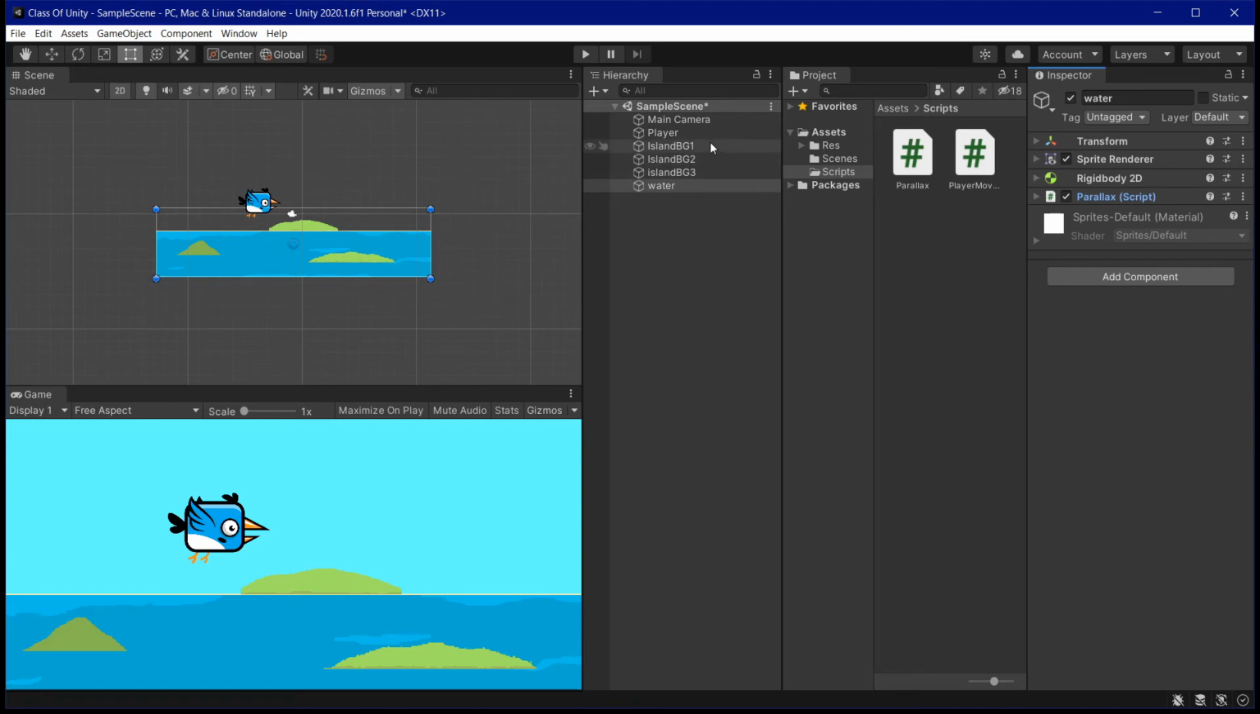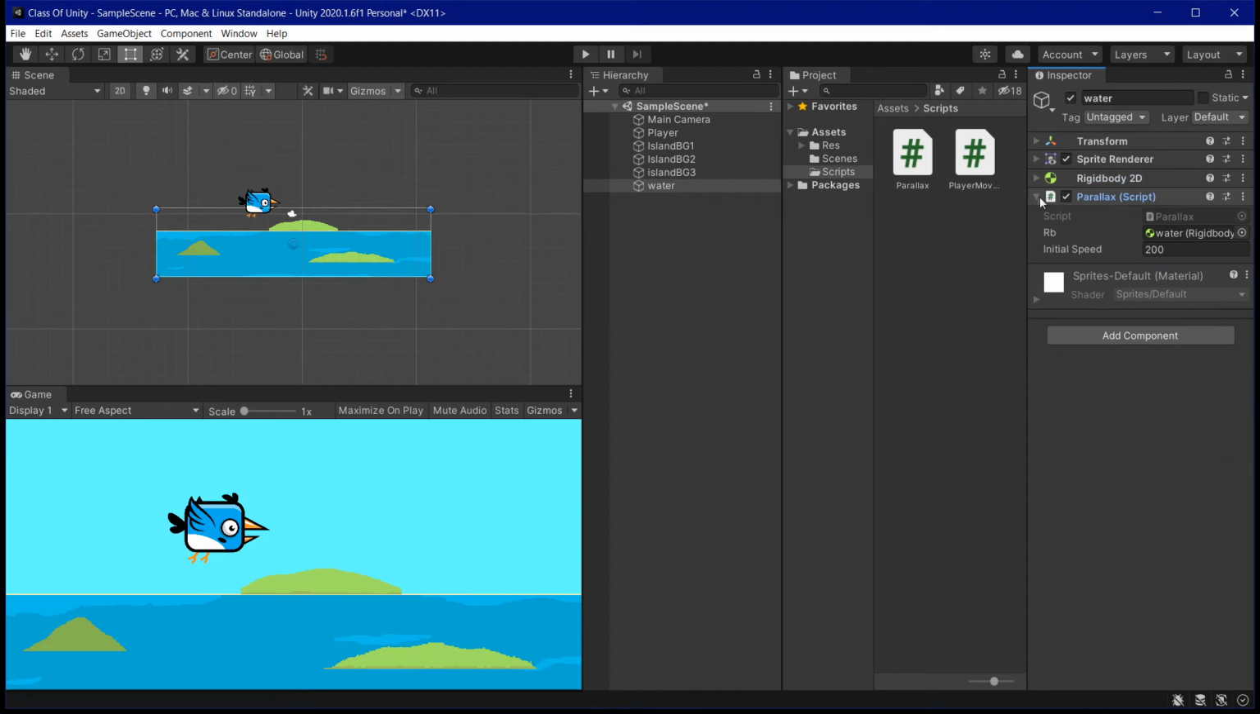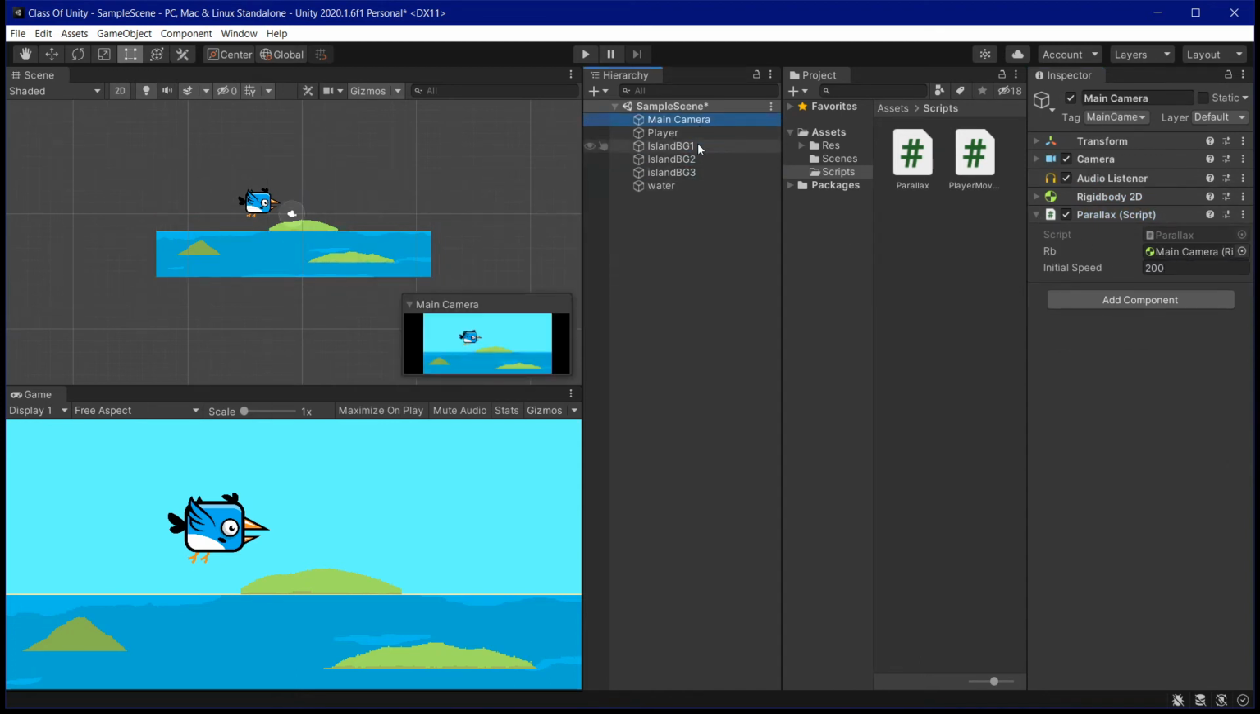Alright, so all the game objects that exist in the game have Rigidbody 2D. All of them besides the player have gravity scale equal to 0, so they're not going to fall, and all of them have parallax, and the speed of the parallax is actually 200 for all of them, even the player. So it means that they are all going to run forward in the same direction and at the same speed. So the feeling that we're going to have if we play the game right now is that our bird is not moving